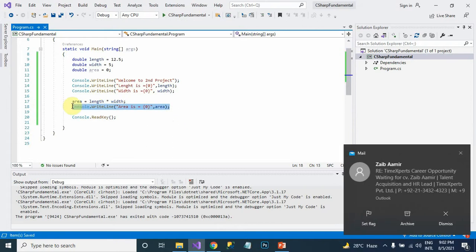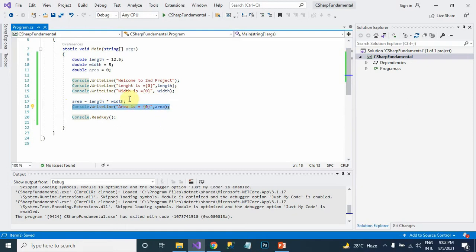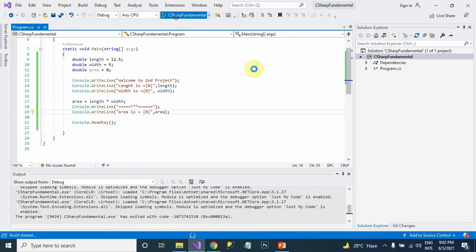If you want to make it more presentable, write here and execute it.